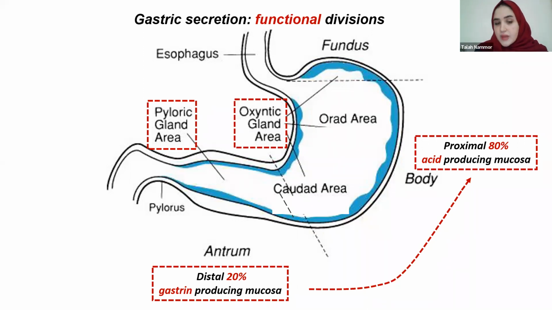Now, from the name oxyntic, we know that it produces acid, which is the gastric acid that we have in our stomach, which is the hydrogen chloride, okay? Now, the distal 20%, it is the part that produces the gastrin. And gastrin is a very, very important hormone for the regulation of the secretion of the gastric acid, okay? Okay. Now, in the next slide,